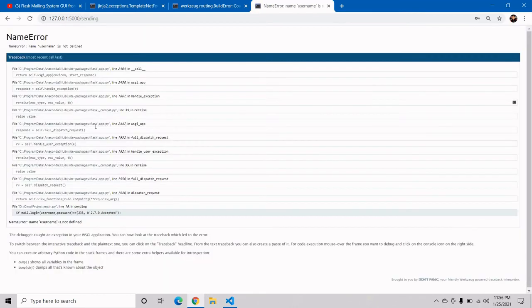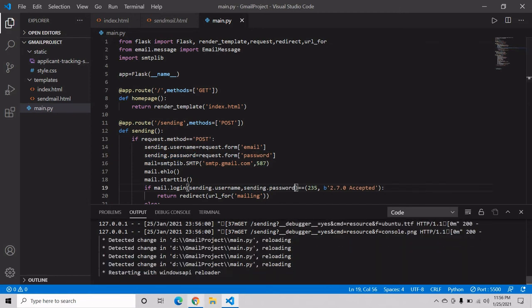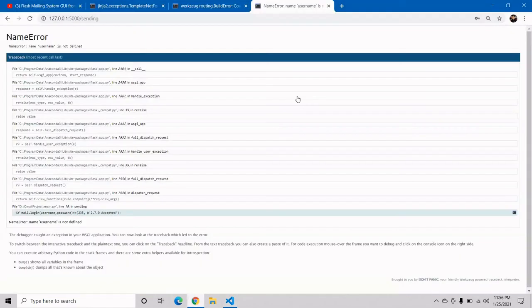Okay, username is not defined. Okay, we have to change this also because this is our variable, so we have to copy it. Again we have to pass it over here, and we have to send our password. Okay, now we have to run it again.